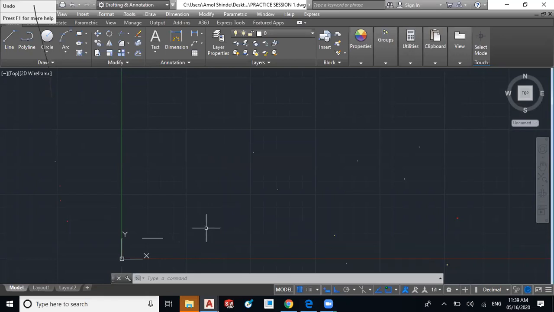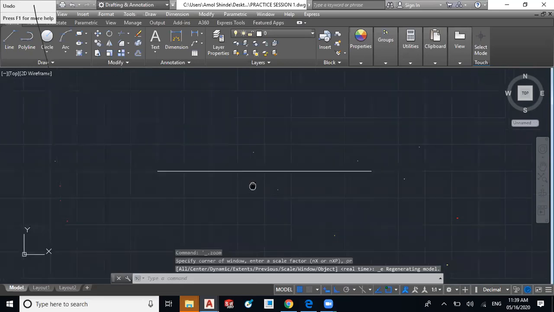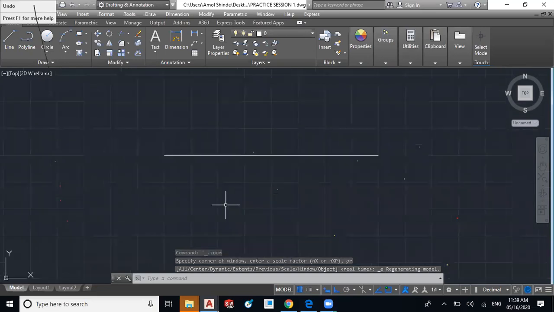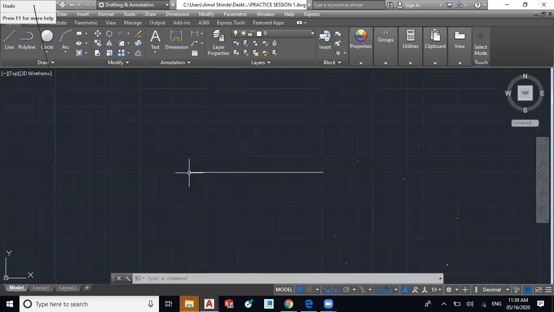Now the line looks very small, so double click on the scroll and zoom out. You will get the proper line. Now this coordinate is 100, 100, and this will be the x coordinate 200 and y coordinate 100.